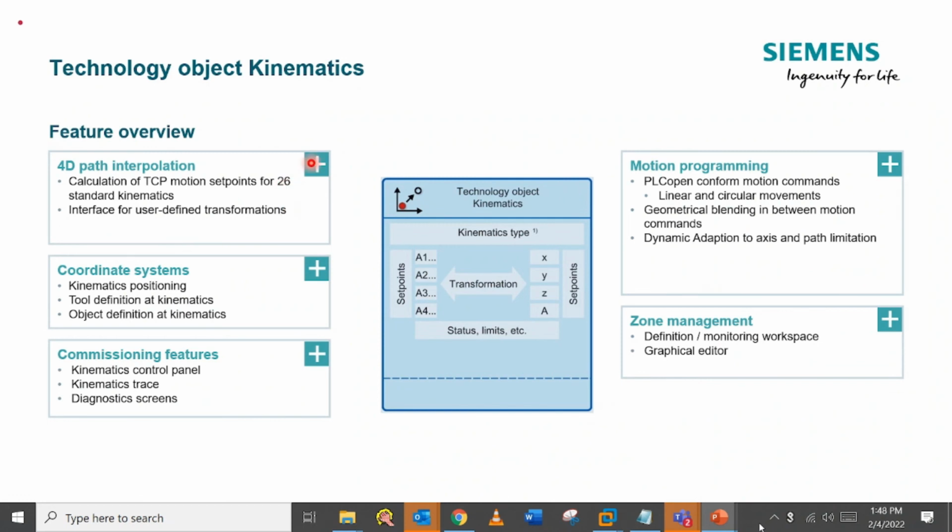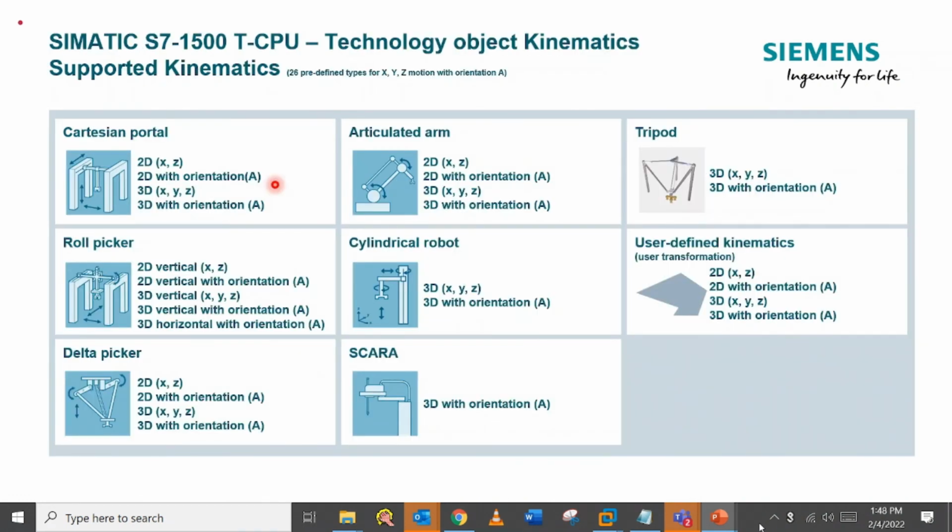Now, what are the 26 standard kinematics? We'll see in the next slide. So these are all the 26 predefined kinematics available in TIA Portal. You can see the Cartesian portal. In the Cartesian portal, there are different combinations. Let's say 2D with orientation, 3D with orientation. 3D means 3 axes, X, Y, Z, and an orientation axis. The orientation axis can be on X or Y or Z, anywhere, but you can only interpolate up to 4 axes, not